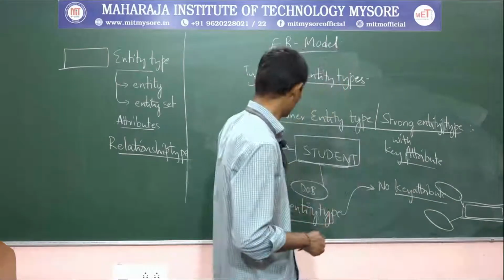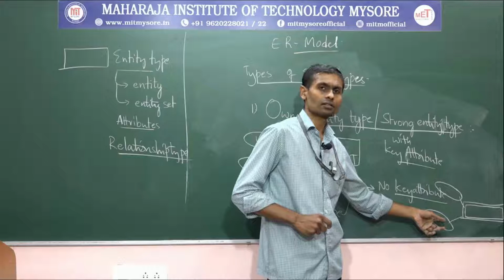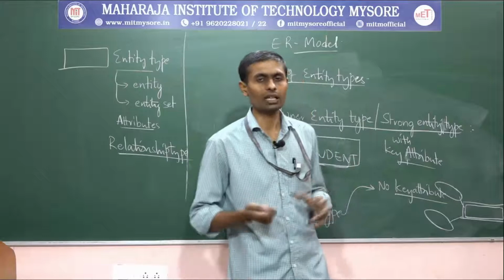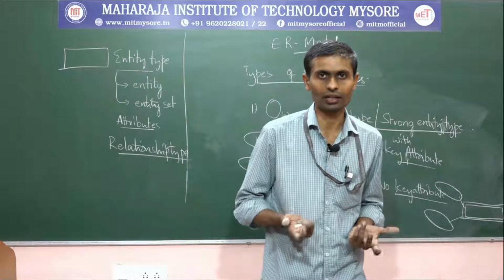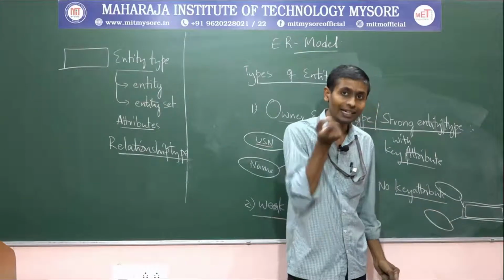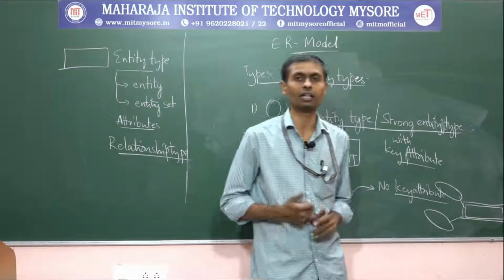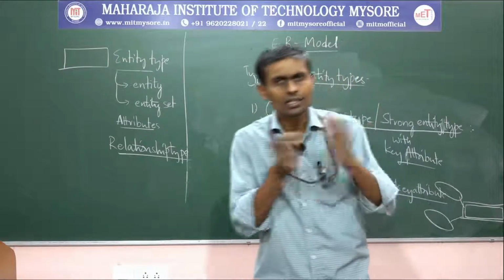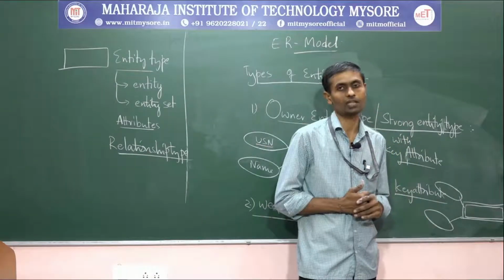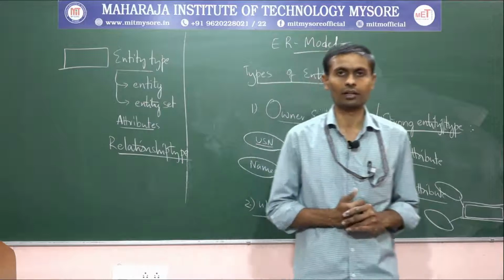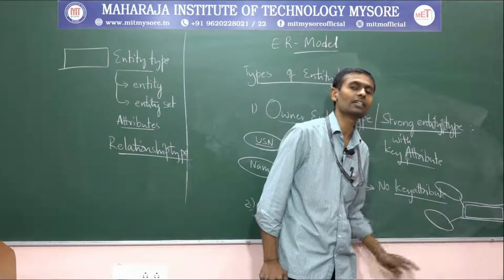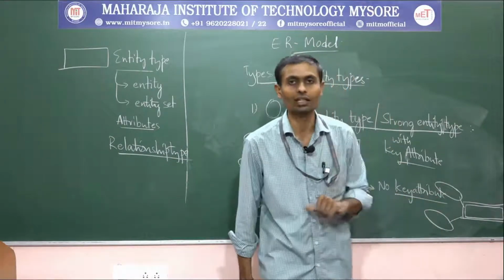Any entity type, whether it is a strong entity type or a weak entity type, is a collection of entities only, right? Then how will these weak entity type instances, weak entities we can call, be identified? Who will identify them? How can I distinguish the instances of this weak entity type? That question arises in our mind. The answer is, if it is not identified by itself, then definitely it requires someone else to identify, right?